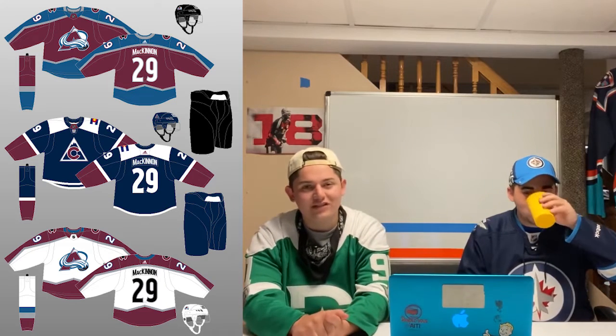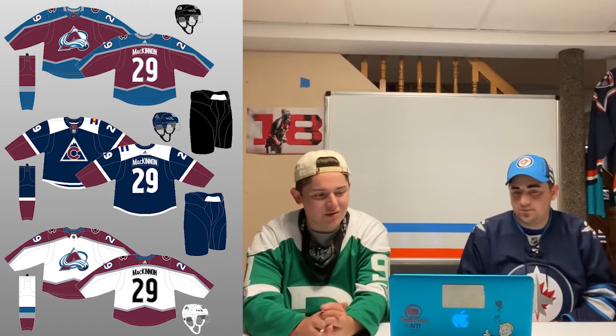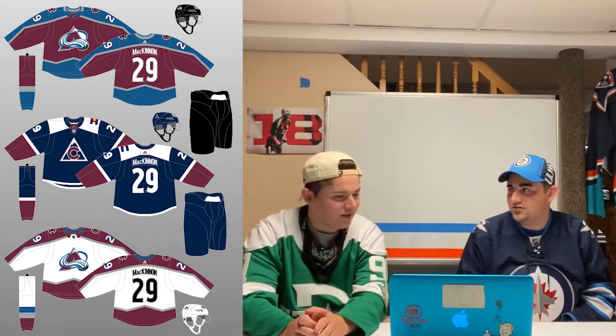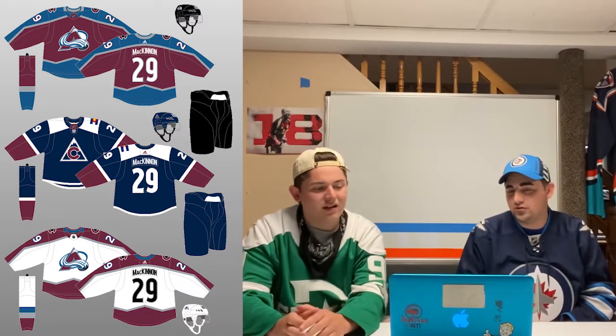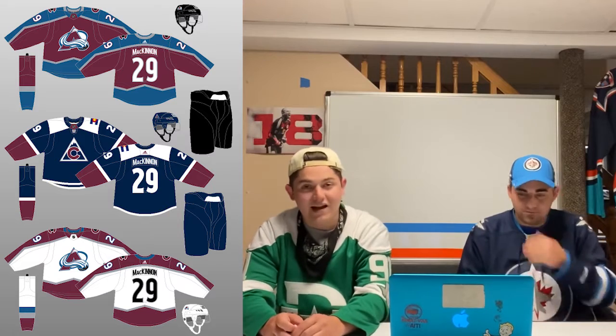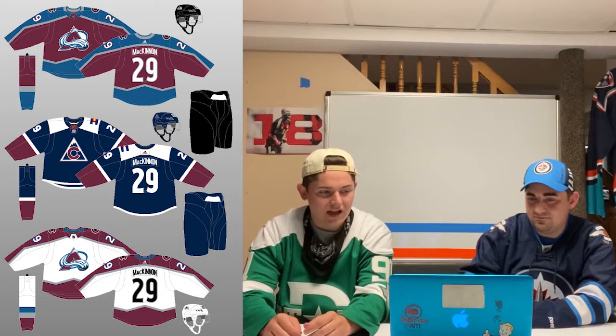The alternates, I'm not crazy about. I think they're nice. I think the logo is just bizarre to me. It's kind of similar to the Islanders alternate, the white shoulders. They're okay. Their home and away are fantastic,